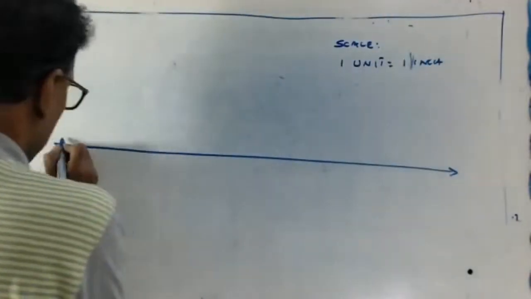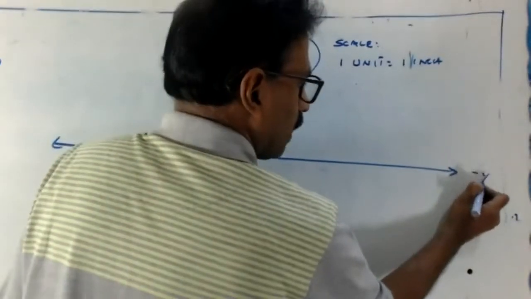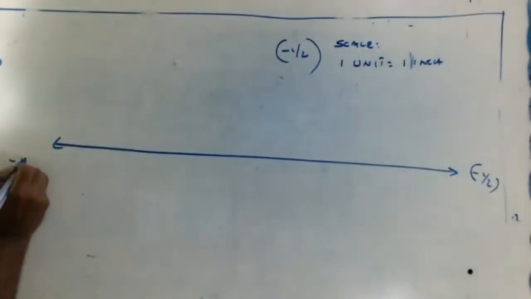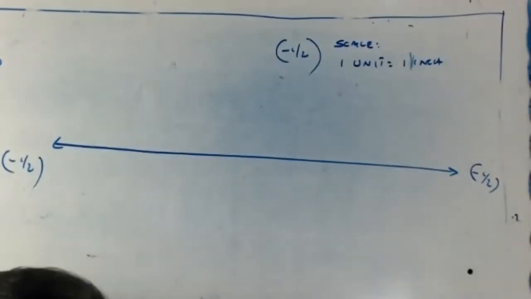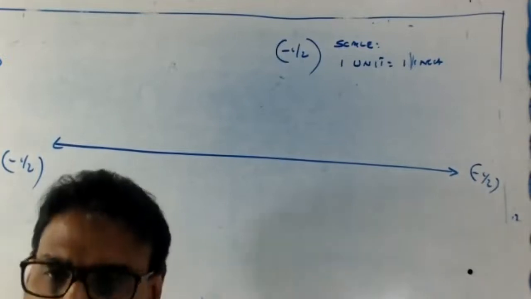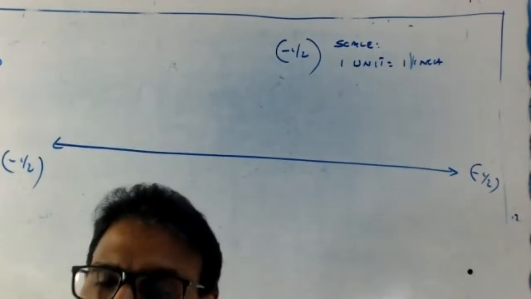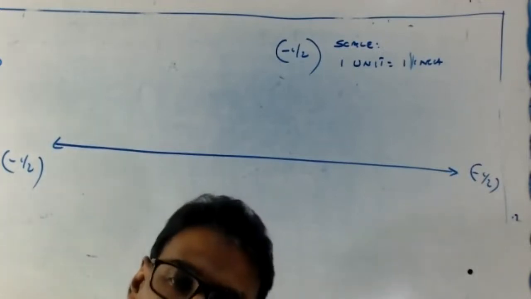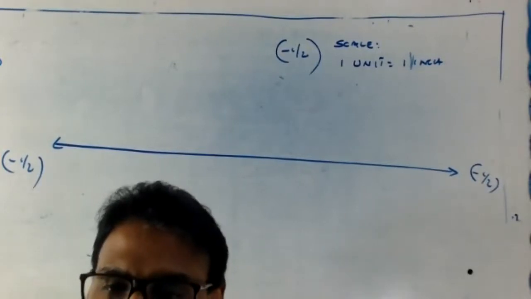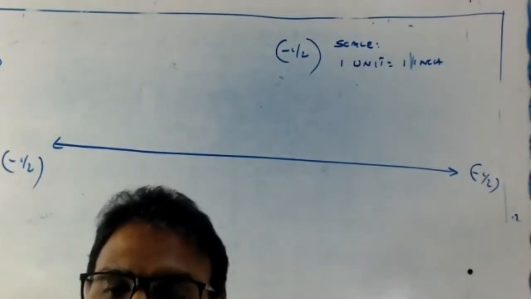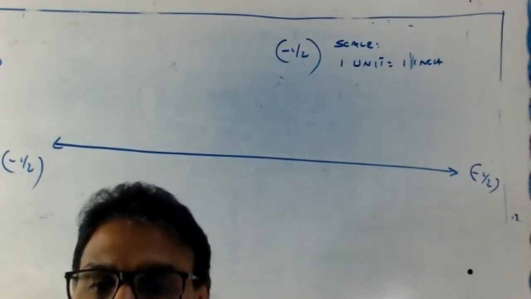If there is no scale, minus half lost. This arrow, minus half lost. If no arrow, minus half lost. So 1.5 straight away lost. Last year, one student got 79 out of 80. 1 mark lost because the 2 arrows were not there. So be careful. Jayant, no arrows. Arrow is not there.